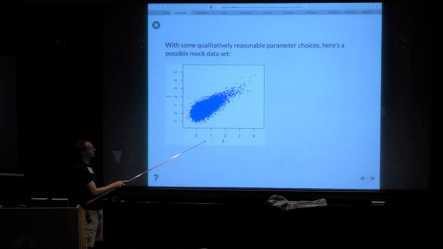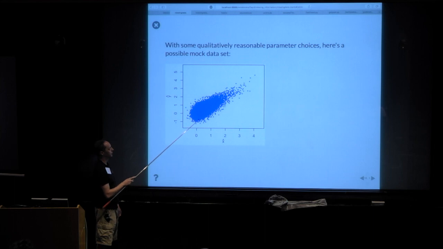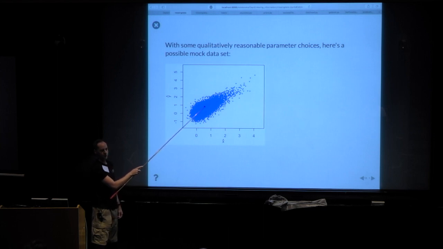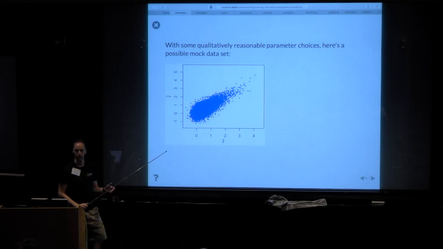perturbed them to get a measured x, gone back to the true x, figured out where on the line I am to get an average y. That average y is perturbed by intrinsic scatter to get the true y for the cluster, and then that's perturbed again by measurement error. And then we have a point in this diagram. Does that make sense? Okay, slate motions up and down, good.